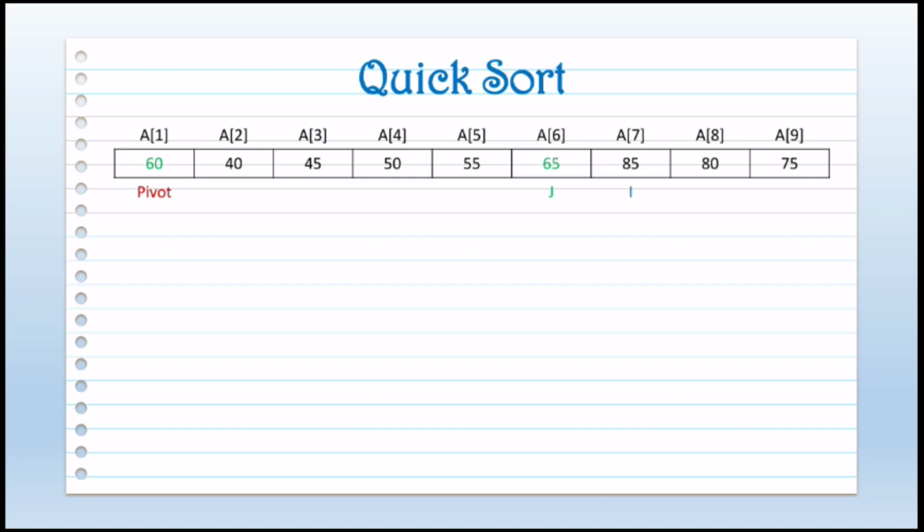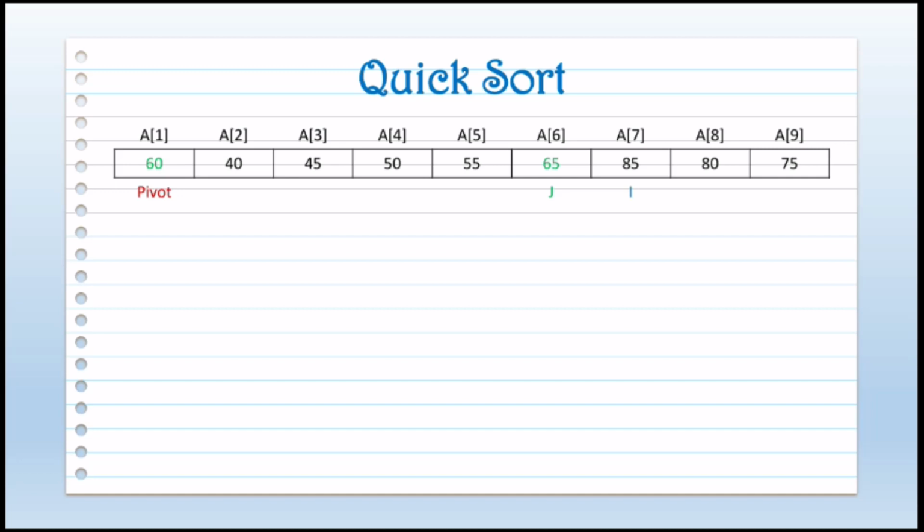So this will be 60 comes to the first position and 65 goes to the 6th position. So after this calculation, we have found that the position of the pivot element, that is 65, will be at the 6th position in the sorted list. After finding the position of 65, you can see the elements before the 65 are less than the pivot element, that is 65, and values present at the right hand side of 65 are greater than 65.